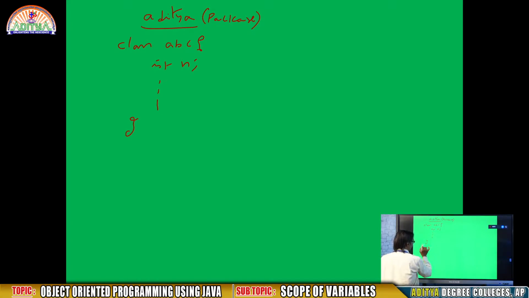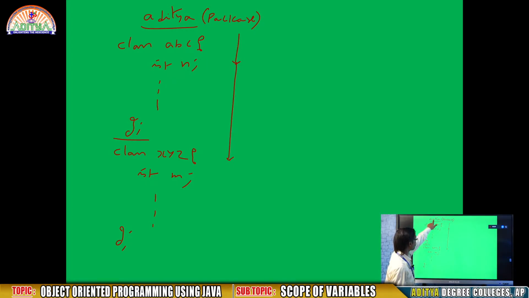This is my program. Where is this program available? In the Aditya package. Now I am creating another class within the same package, where there is a variable m and there is some program method.